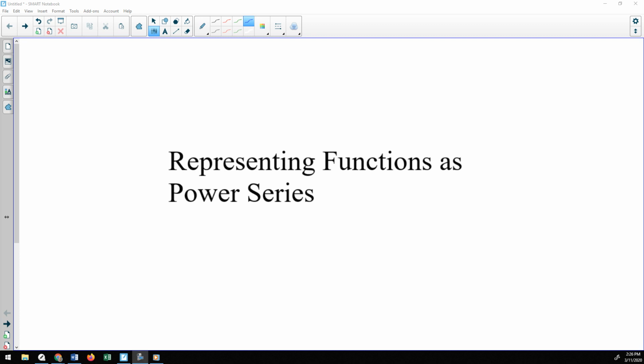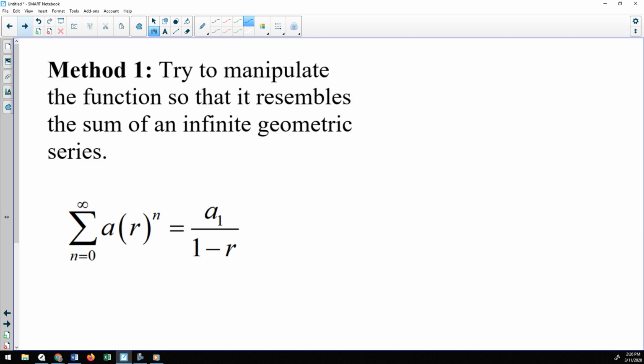Alright, looking at ways we can take a traditional y equals f of x type function and turn it into a power series. And there are multiple ways you can do this. And every function can be turned into a power series through one method or another. But the easiest method is what we're going to look at here, and that is to take your function and